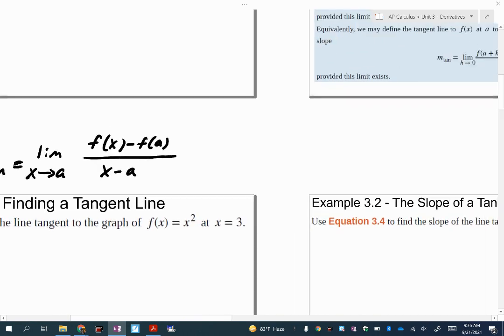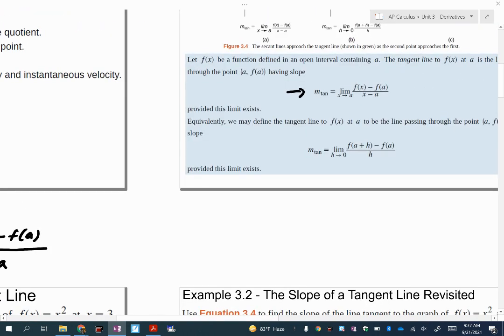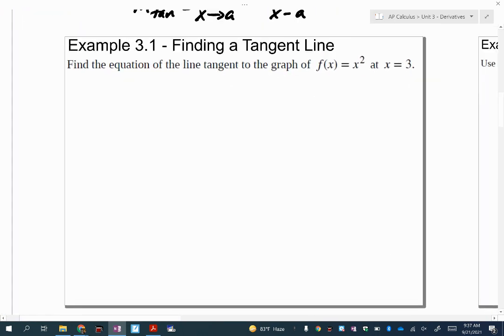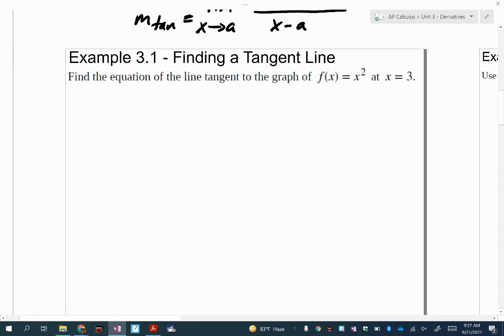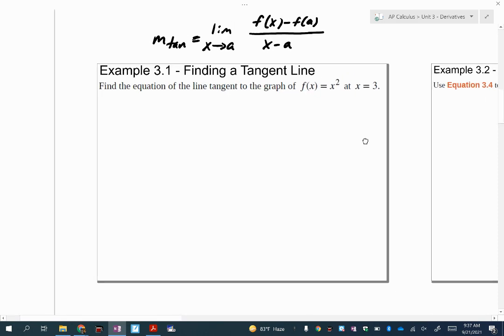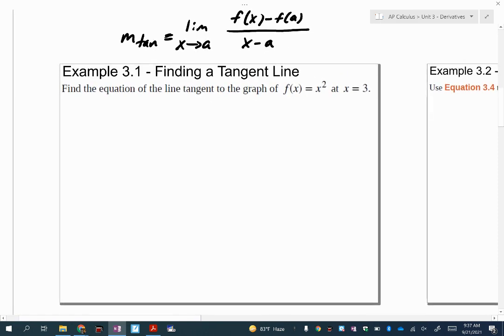Okay, so we're going to be using that equation, that first one, to find the equation for the line that's tangent to this graph at x equals 3. So let's first write down f of x. So I have the limit as x approaches 3 of f of x, which is x squared, minus, and if I were to plug 3 into f of x,